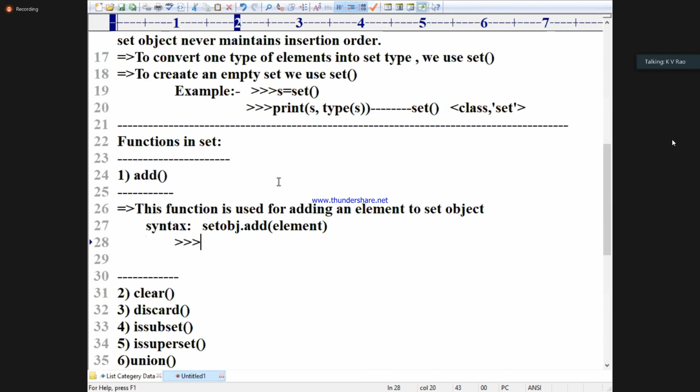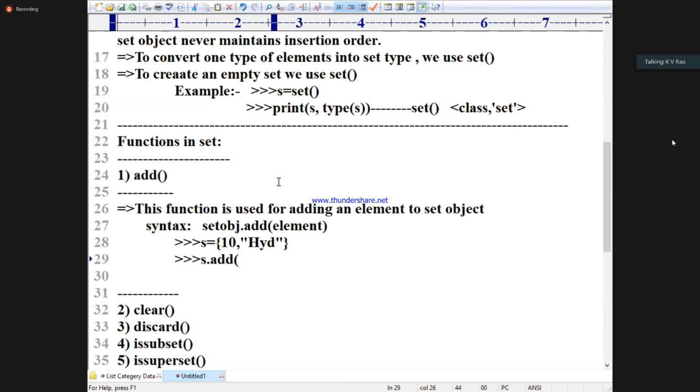Immediately go for s is equal to 10 comma HYD. Now you say s dot add of India. Some more functions will come. We can't say in which position this is added: 10, India and HYD.